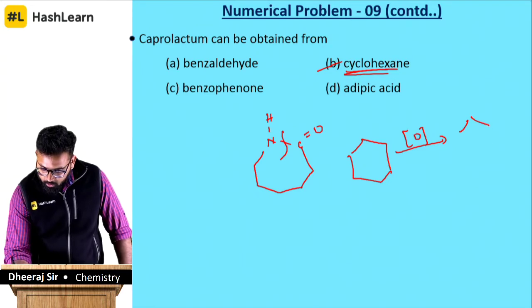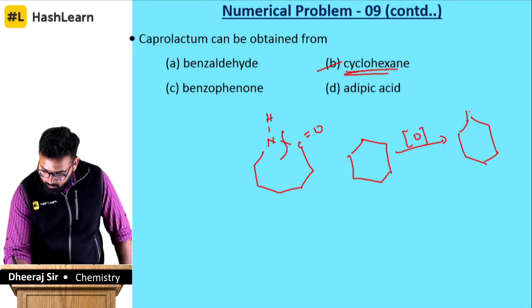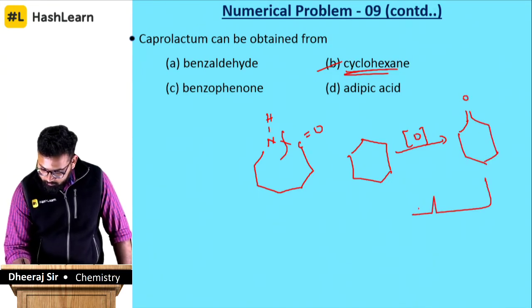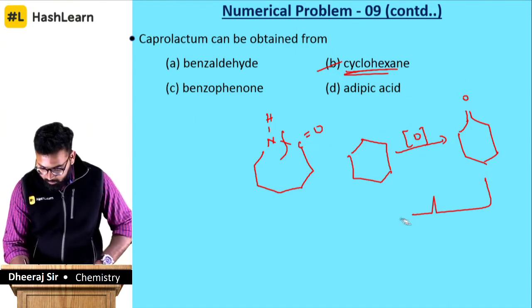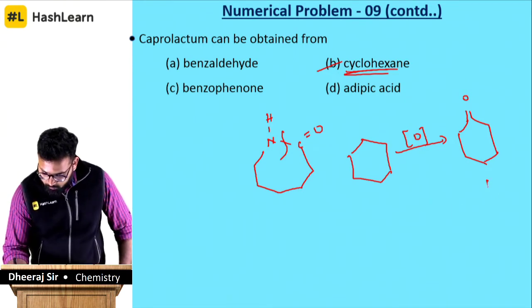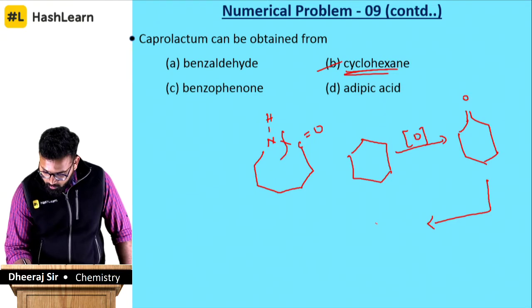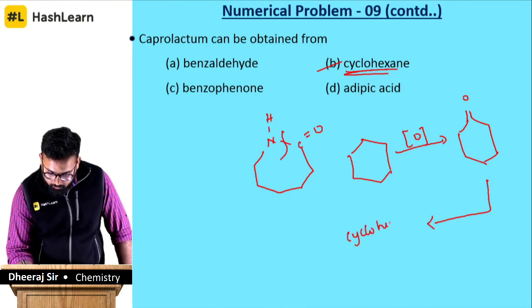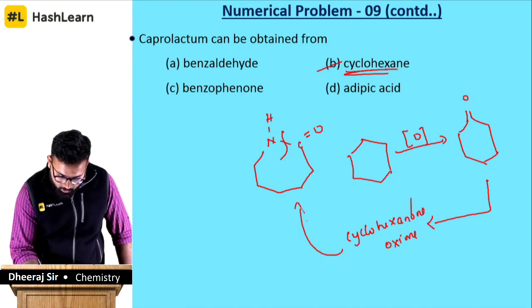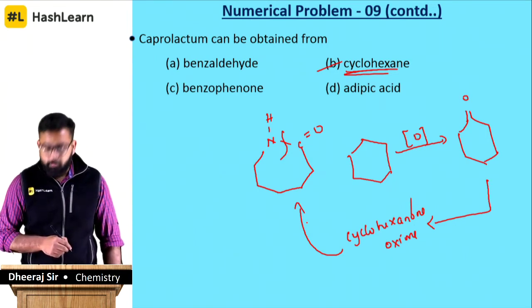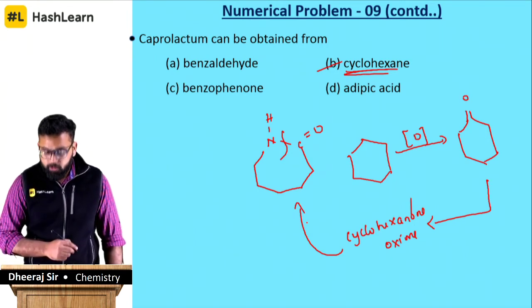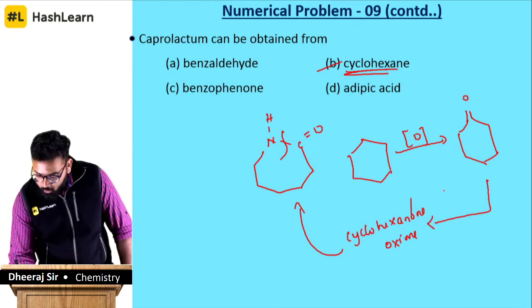You get cyclohexanone, and cyclohexanone will give you cyclohexanone oxime. This is cyclohexanone oxime, which is nothing but caprolactam. So how will cyclohexanone give us cyclohexanone oxime? Through